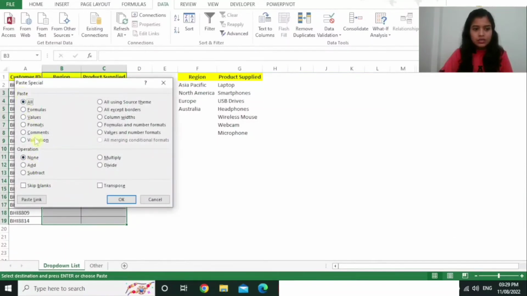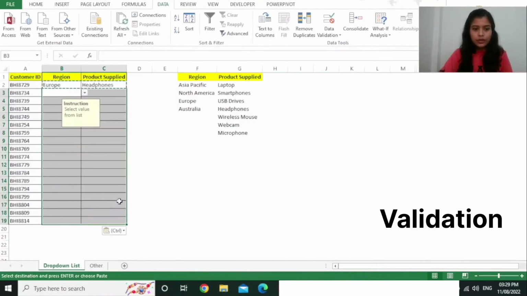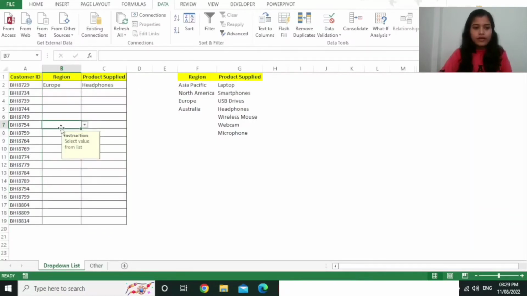Here in paste, select validation and do OK. All your validation will get copied to the cells below. So now every cell will have a drop-down list like this. So I can select USB drives here. In every cell there is a validation. So this is how you create a drop-down list in Excel, and also you can enter an input message and error alert